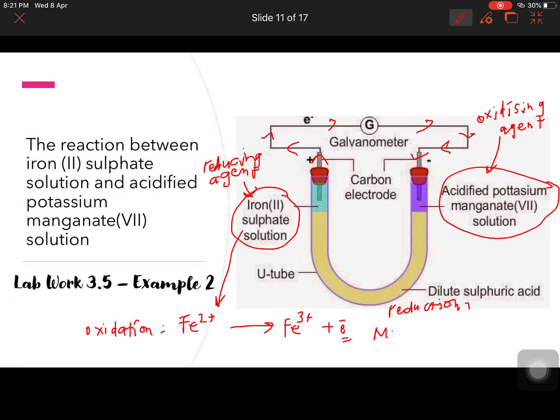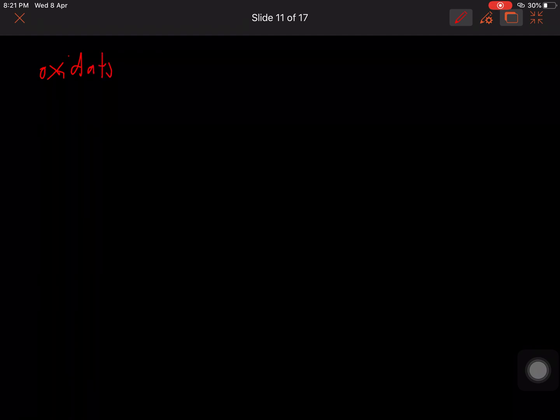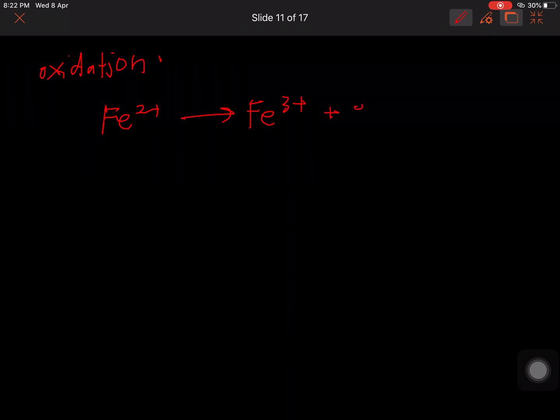So, manganate MnO4 ion. Okay, ni. Oxidation tadi we have iron 2 change to iron 3 plus electron. For reduction,